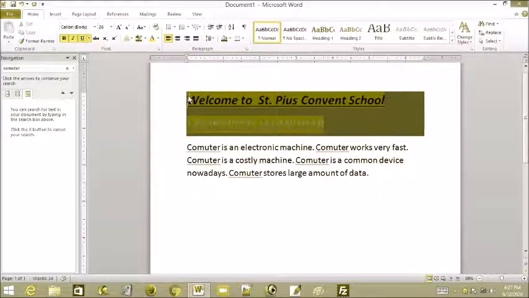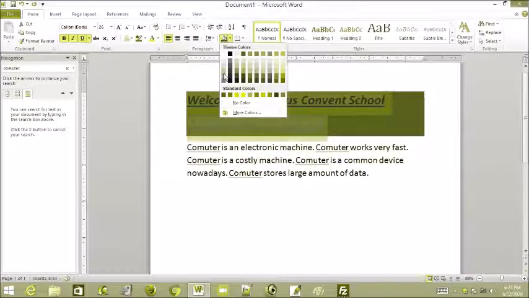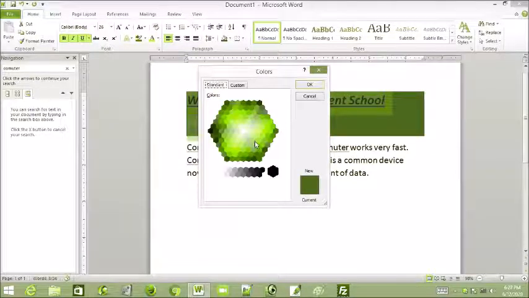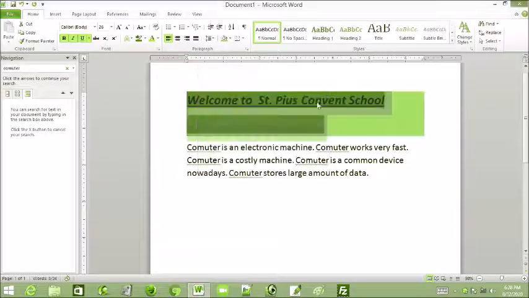But in shading, the whole area is shaded. That means the whole two lines are shaded. We'll change it to a light color. We have more colors also. Here we can change, and standard colors are there. From here we can select like this. Okay. So this is how.